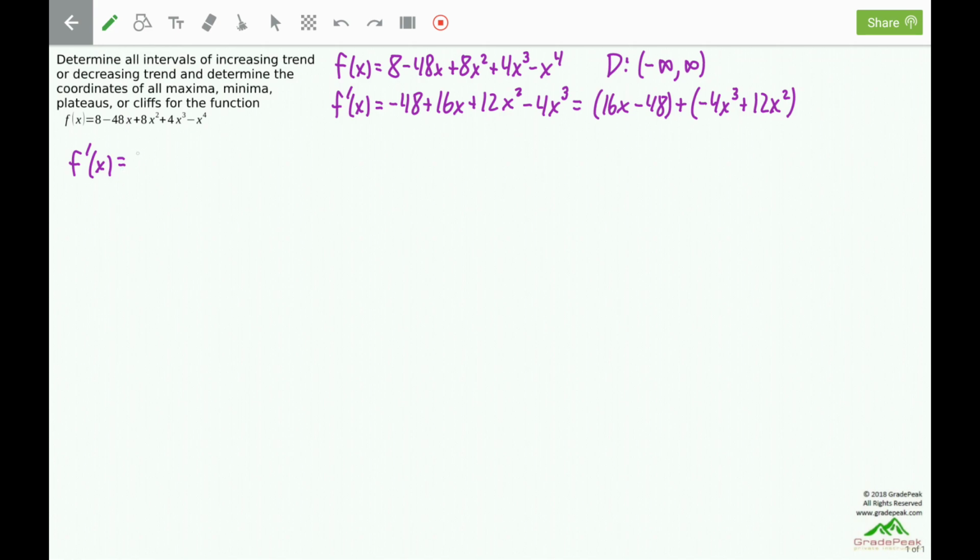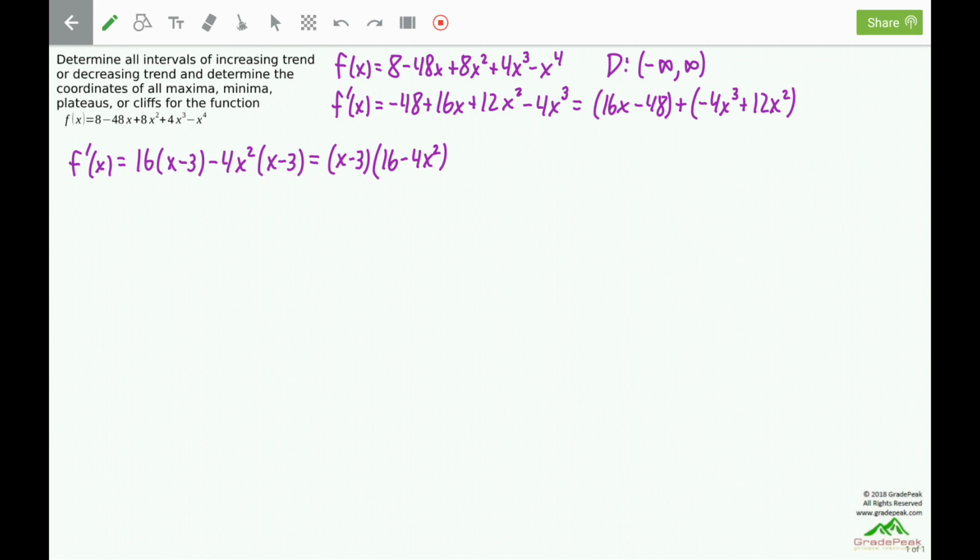The first group has a common factor of 16. Factoring that out will leave behind an x minus 3. The second group has a common factor of a negative 4 and an x squared. Factoring that out will leave behind an x minus 3. Since the x minus 3's match, group factoring is possible. And we can factor the x minus 3 out of the entire expression,